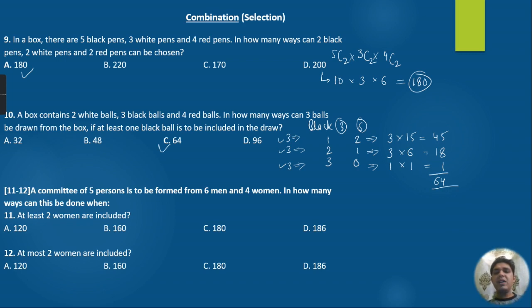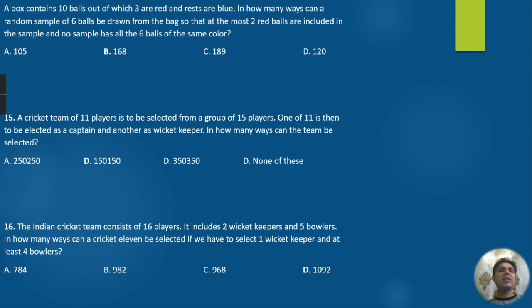So ultimately, in permutation combination, once we have got the understanding of selection, how to use NCR, thereafter you just have to make the conditions and put up the values, right? So there is one more question, 11 to 12. You can try, right? Here the cases are at most two women and at least two women. So you can try. I'm coming to the next question.